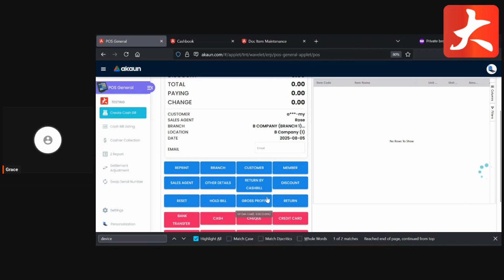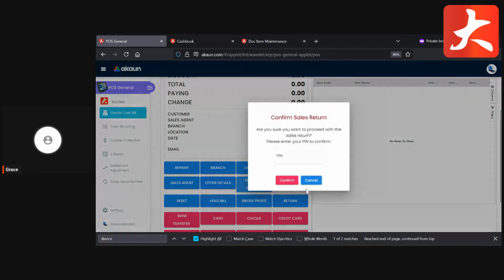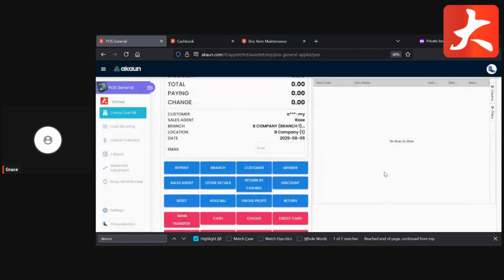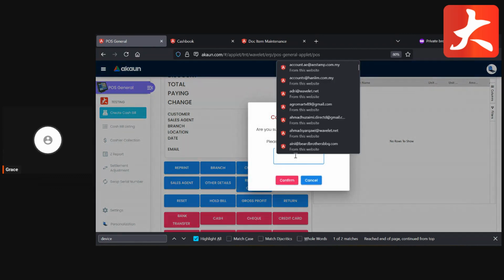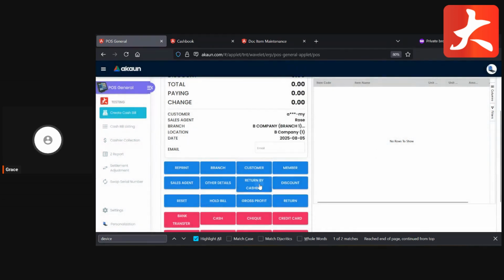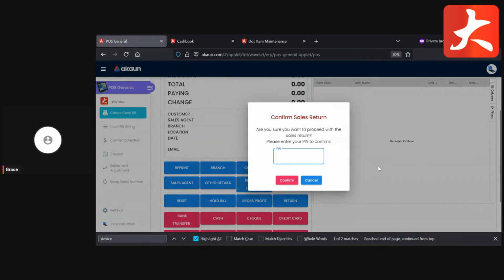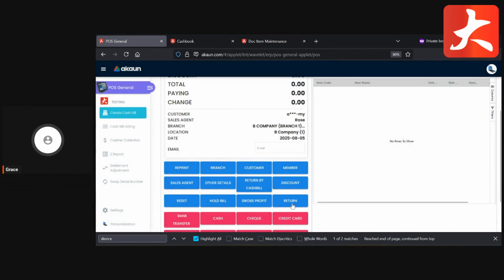Okay, two types of return. One return will be the return by cash bill. The other one is a normal return. Return by cash bill means that if, let's say, you have the POS number, so you can key in that number. But if, let's say, the customer comes and they don't have any cash bill number, so you can